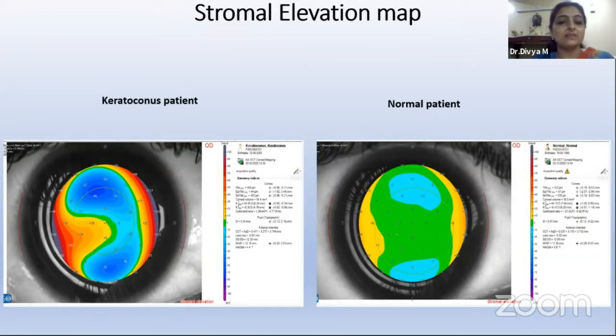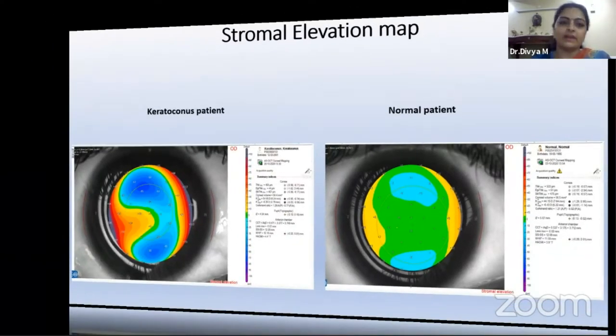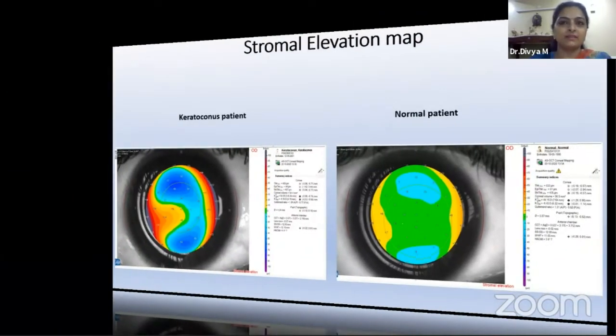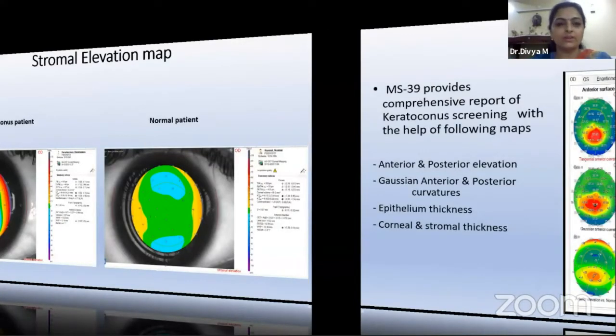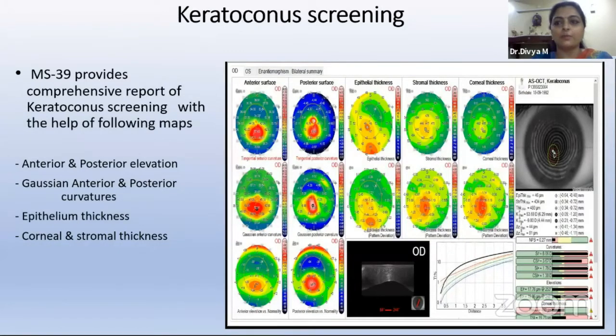So imaging and analyzing the corneal epithelium and stroma independently can actually give us a better understanding of what exactly is happening in the cornea. And these maps can help us customize any flap thickness, or it can also help us assess any irregularities that are causing abrasions post-refractive surgery. So again, what you see is the stromal thickness map. And the stromal elevation map again can give us an idea of if there is any ectatic disorder, and it can also pick up any subclinical or preclinical diseases.